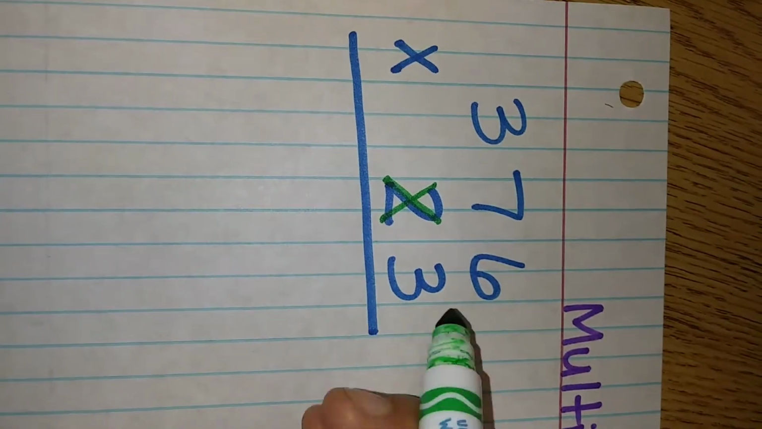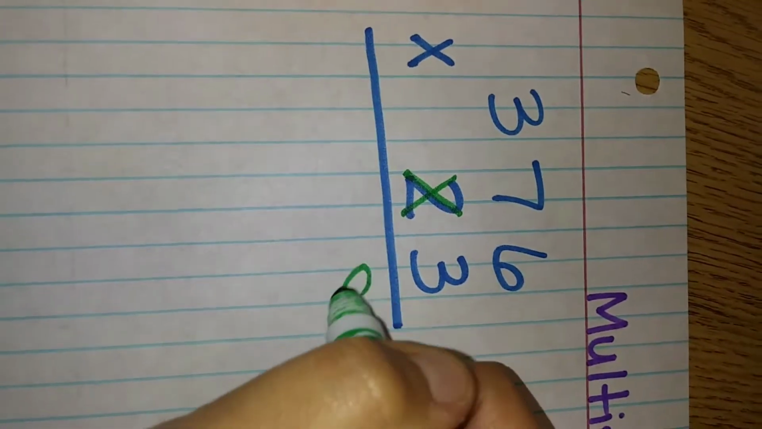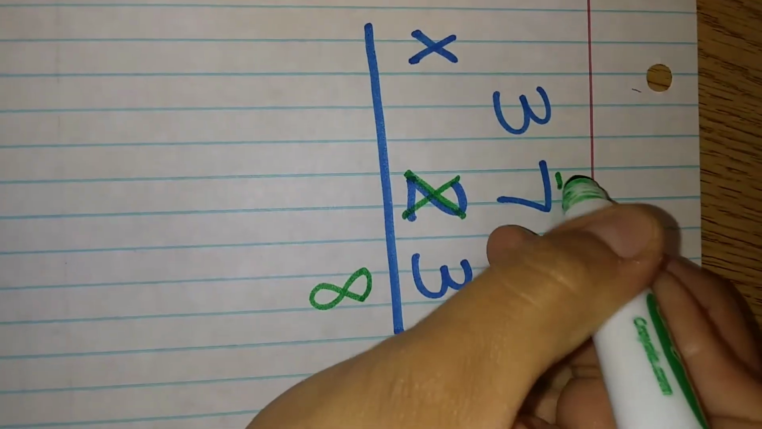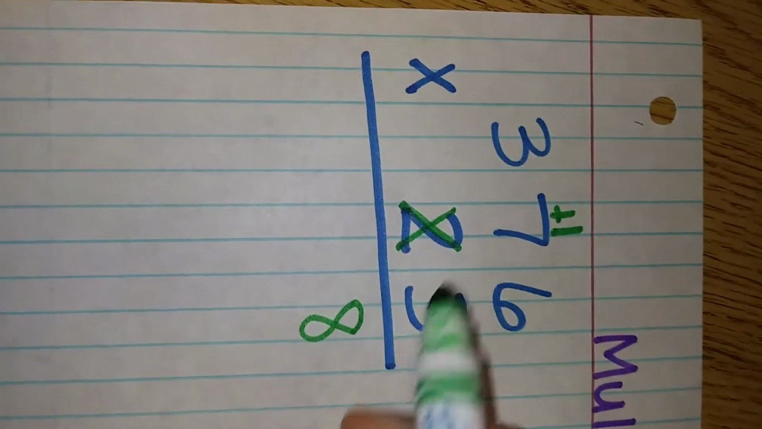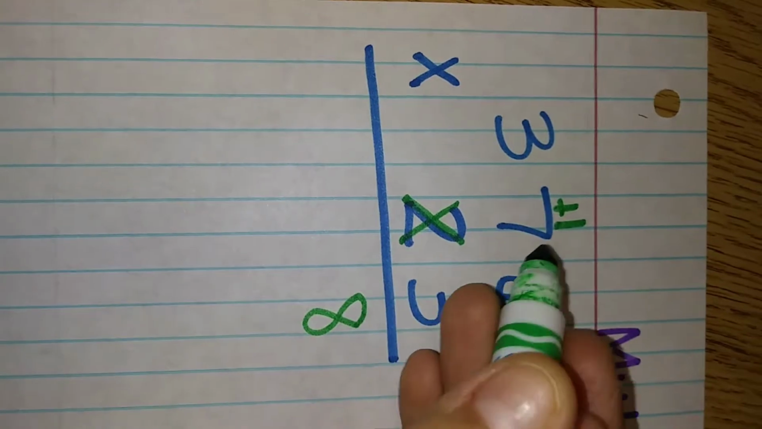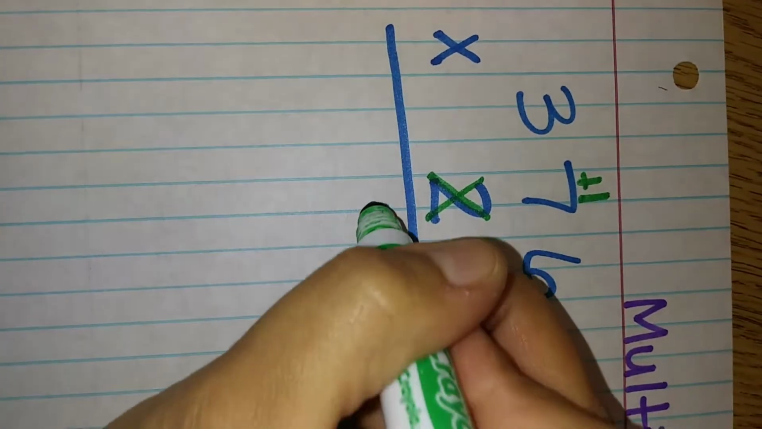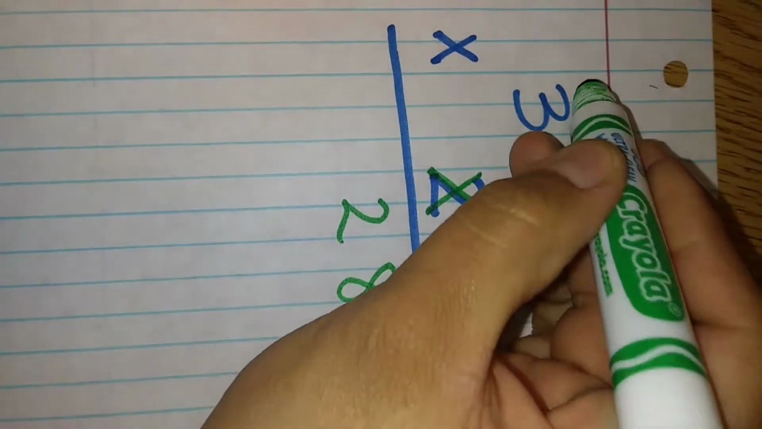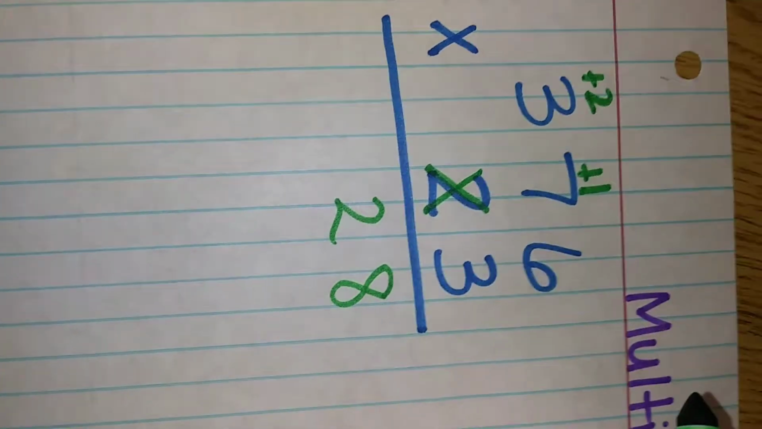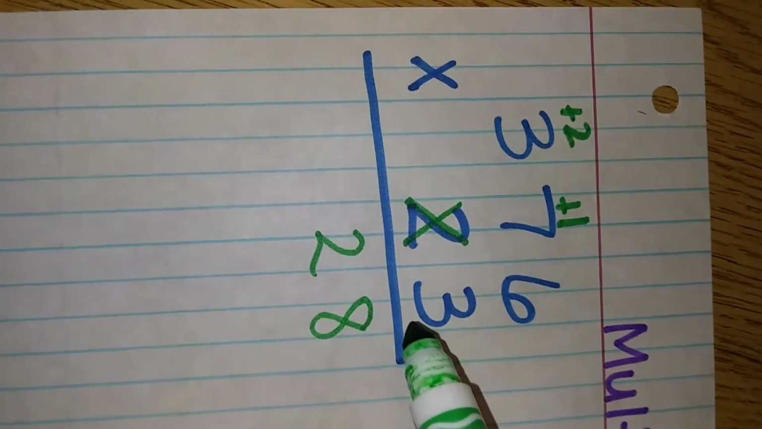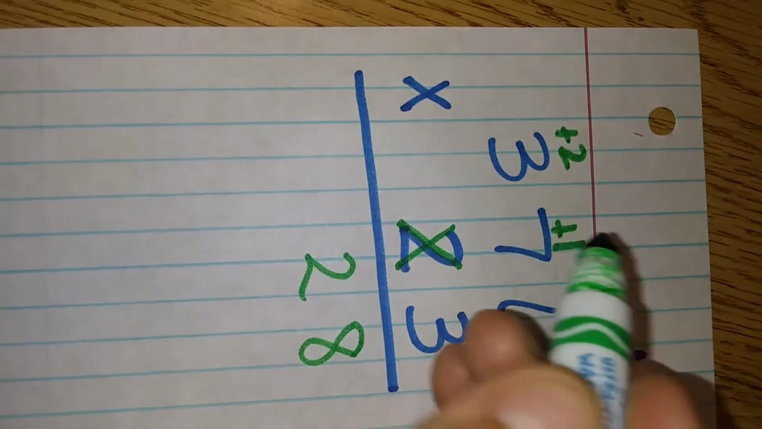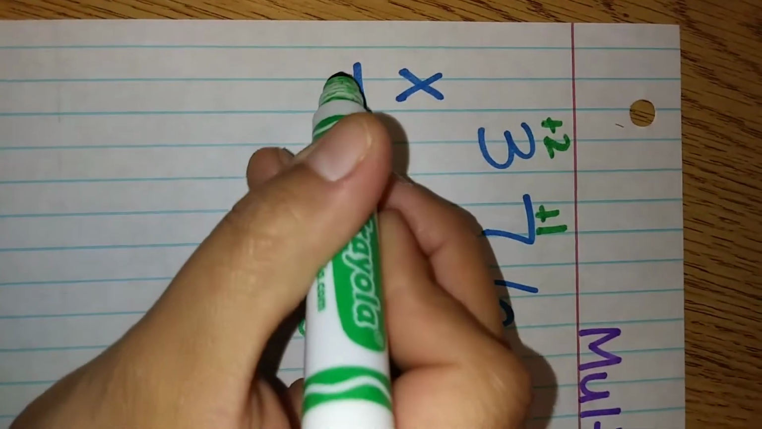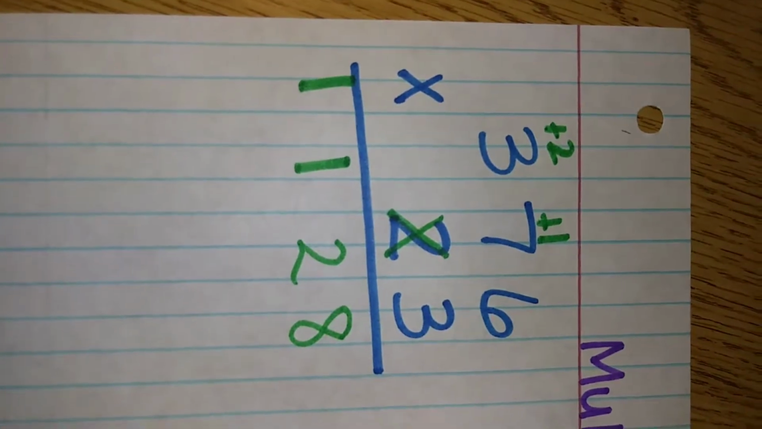We'll dance together. 3 times 6, 18. Carry your 1. Then I'm going to have 3 times 7 is 21 plus 1 is 22. Carry my 2. And then I'm going to have 3 times 3 is 9 plus 2 is 11. Okay, now,